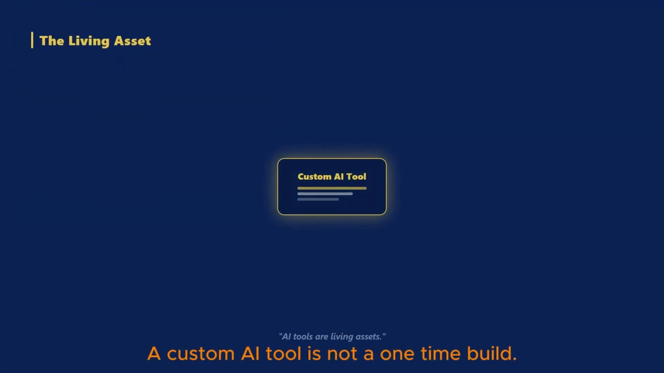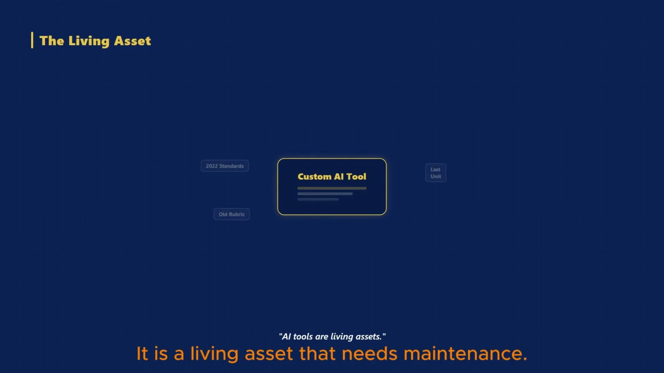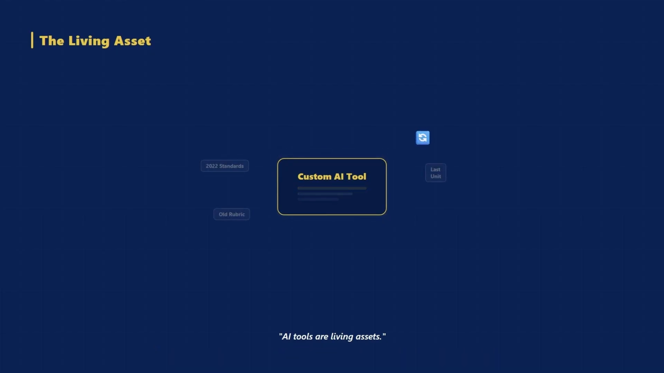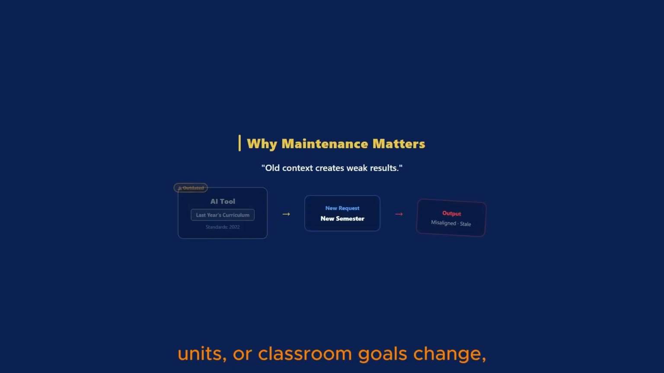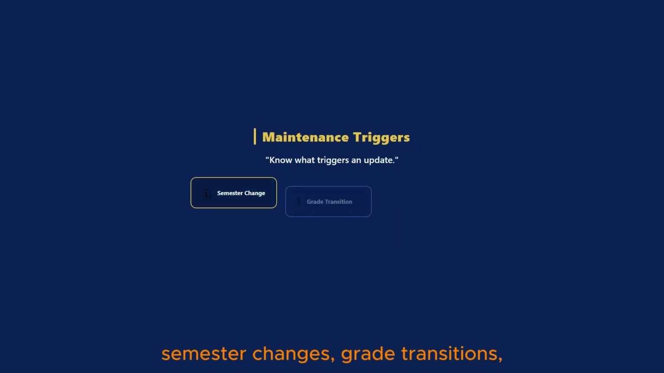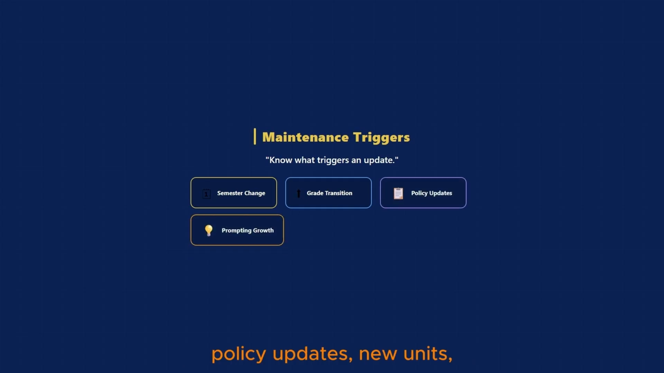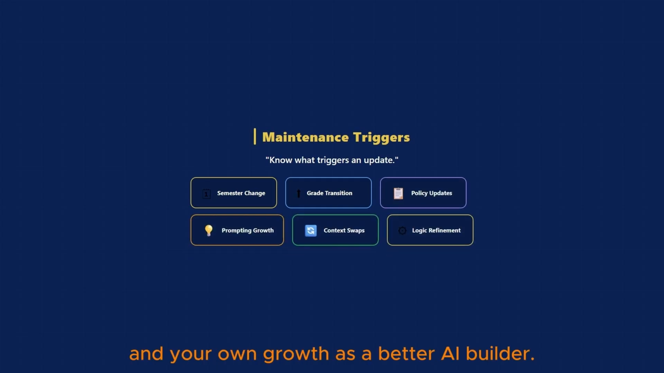A custom AI tool is not a one-time build. It is a living asset that needs maintenance. When standards, rubrics, units, or classroom goals change, an old tool can drift out of alignment. Watch for maintenance triggers: semester changes, grade transitions, policy updates, new units, and your own growth as a better AI